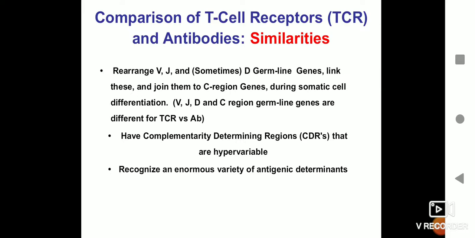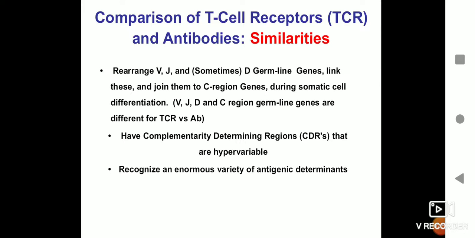So actually speaking, there is only one gene which codes for the T cell receptor, but within the gene, when the gene product, that is your mRNA, is produced, there is so much rearrangement of the sequence that every time the gene product is produced, because of this rearrangement, there are different forms of the sequence. There is a lot of variation in the sequence. That leads to different types of T cells bearing different types of T cell receptors which can recognize a large number of antigens. The same is true for B cells also.